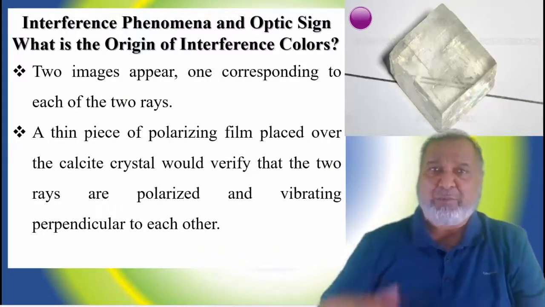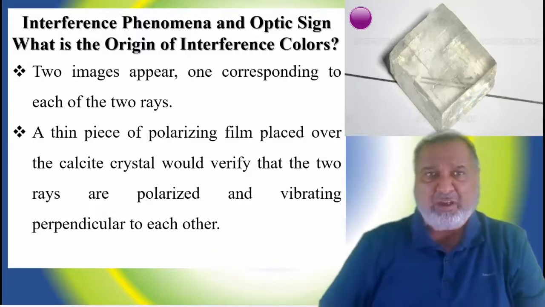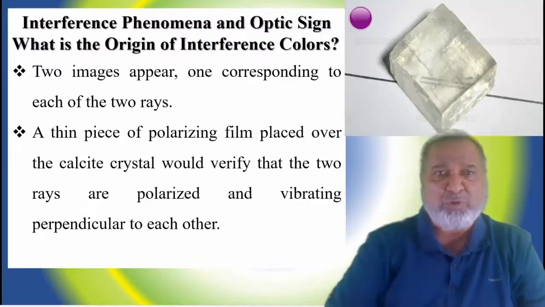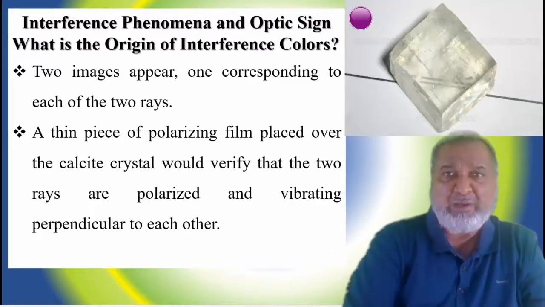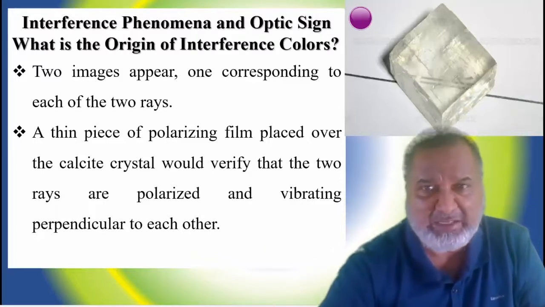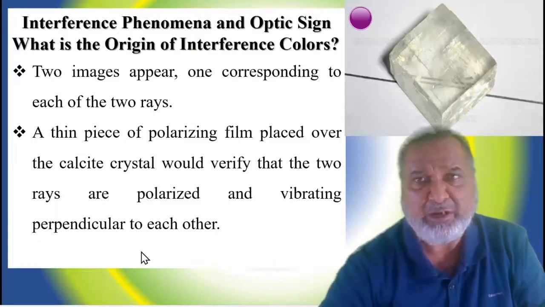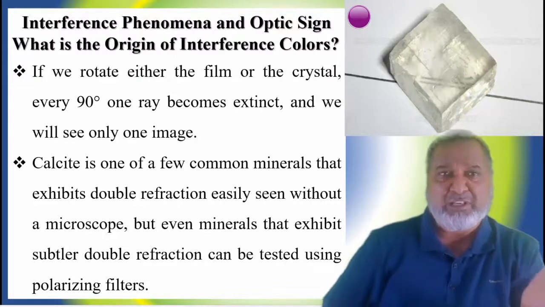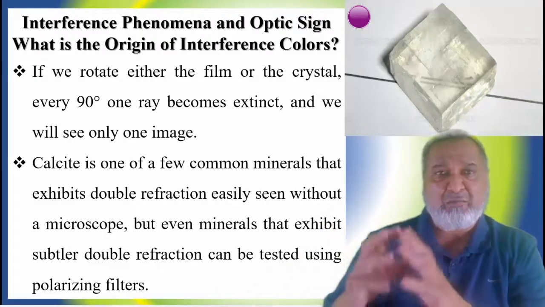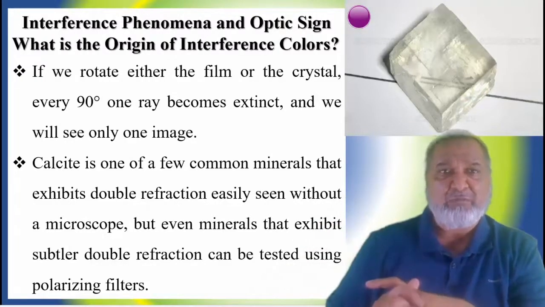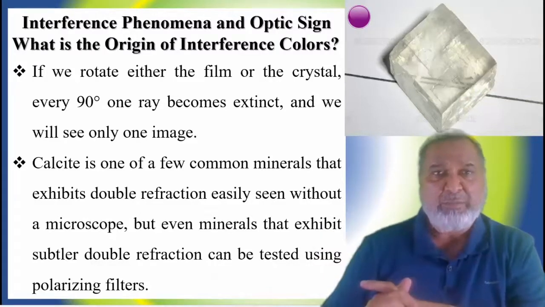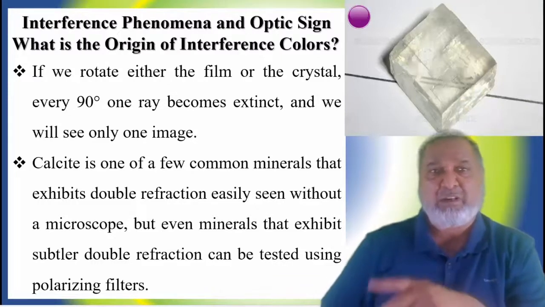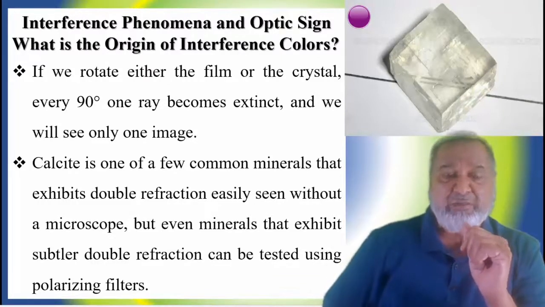The two images appear, one corresponding to each ray. A thin piece of polarizing film placed over the calcite crystal would verify that the two rays are polarized and vibrating perpendicular to each other. If we rotate either the film or the crystal every 90 degrees, one ray becomes extinct and we will see only one image. Calcite is one of the few common minerals that exhibit double refraction easily seen without a